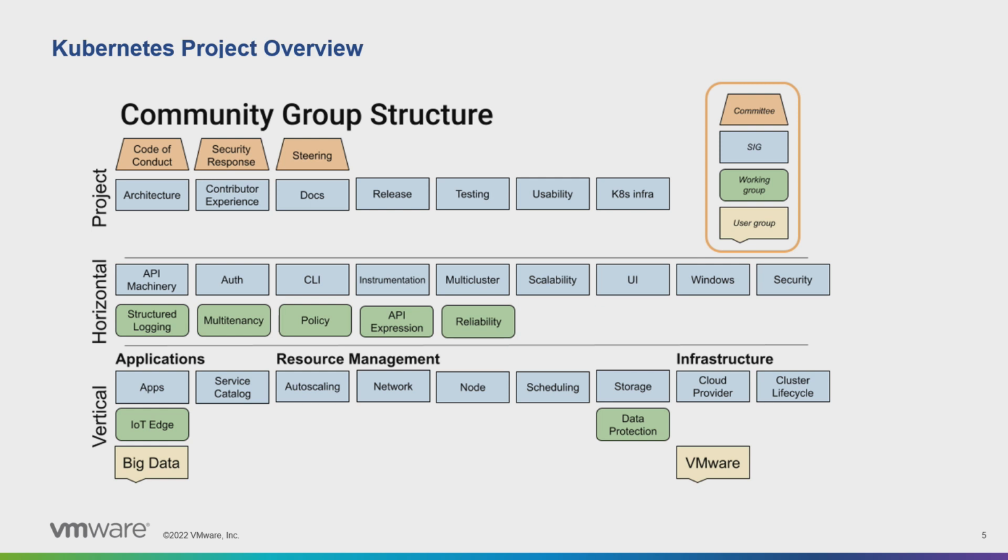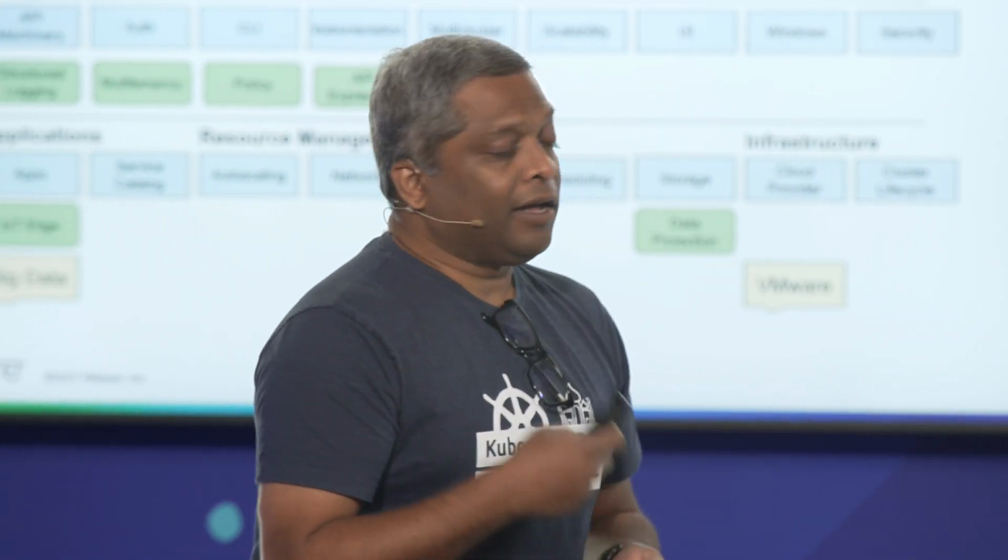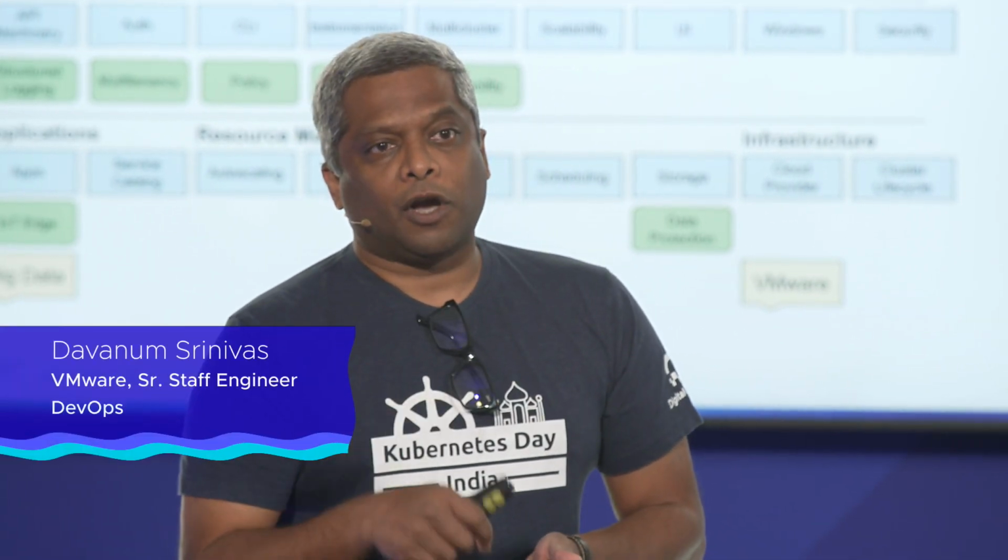We also have some groups that go across, like testing is one good example. And we also have things that go vertical as well. So this shape of all the SIGs and working groups essentially help us do the work on a daily basis. And I want today to talk a little bit about the SIG Architecture, what is it involved, and how they